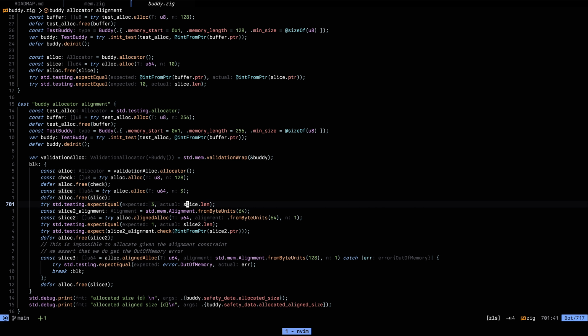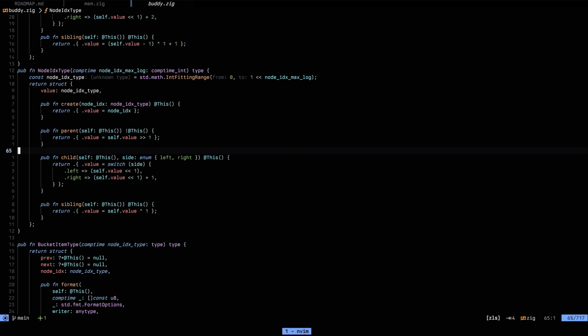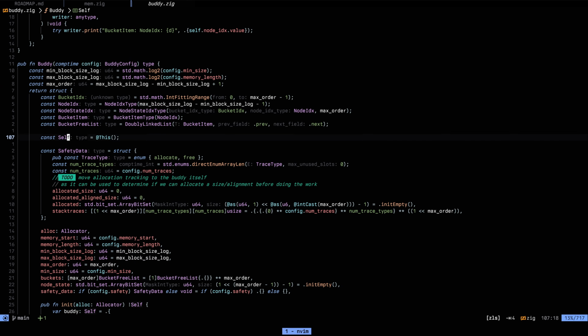So I remember that we had also this to-do item that was here, so debug info and allocation tracking. So I went on and added this safety config flag here that by default in debug and release safe modes will be on. But what this does is it adds to the buddy allocator this